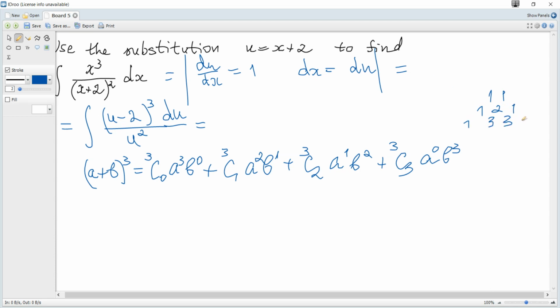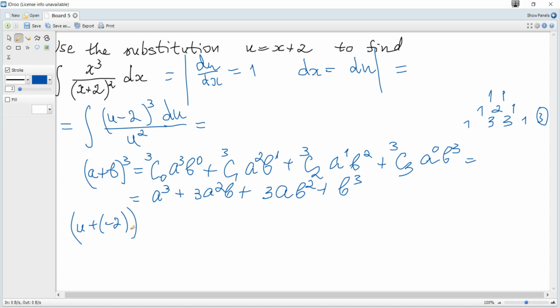It's for the power of 3, and it becomes combination 0 out of 3, it's 1, so it becomes a cubed plus combination 1 out of 3, it's 3a squared b plus combination 2 out of 3, it's also 3 a b squared plus 1 b cubed. And since it's u minus 2, it should be considered as u plus negative 2 cubed,